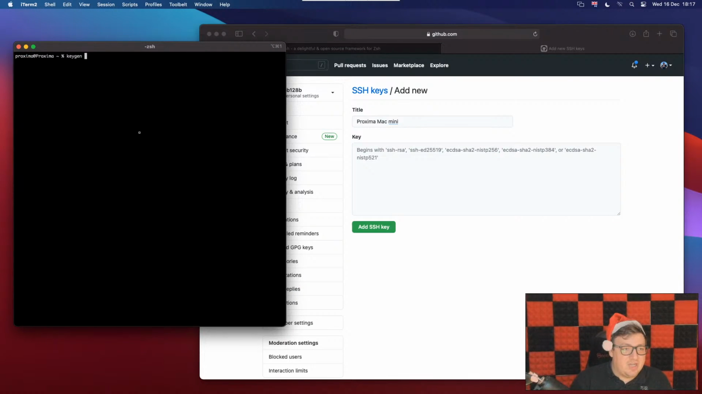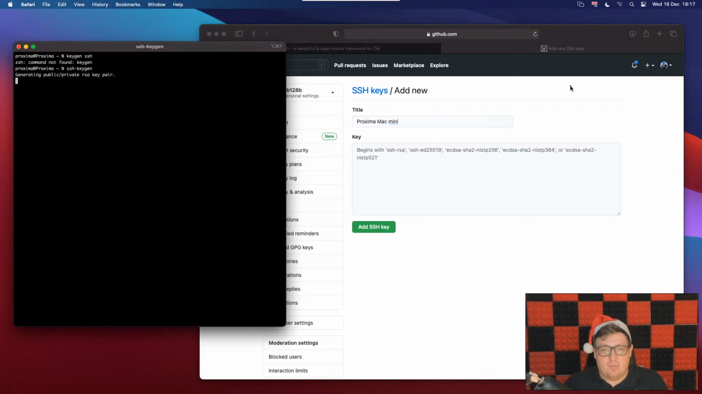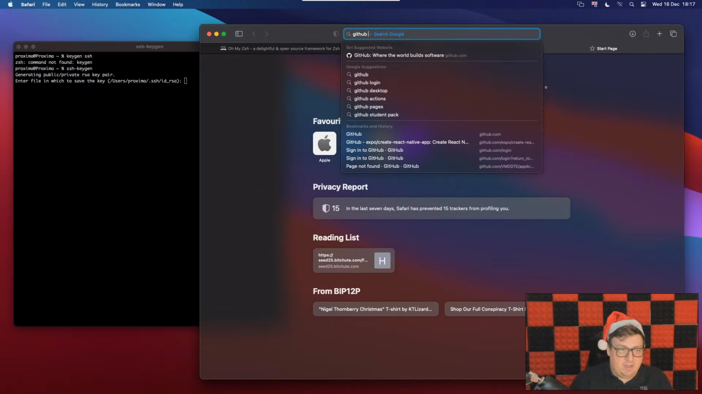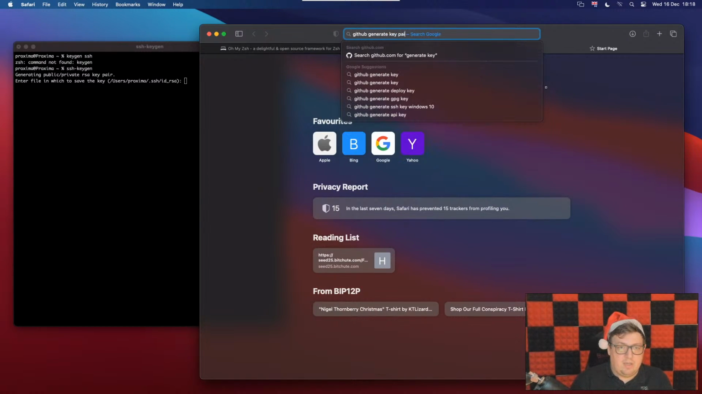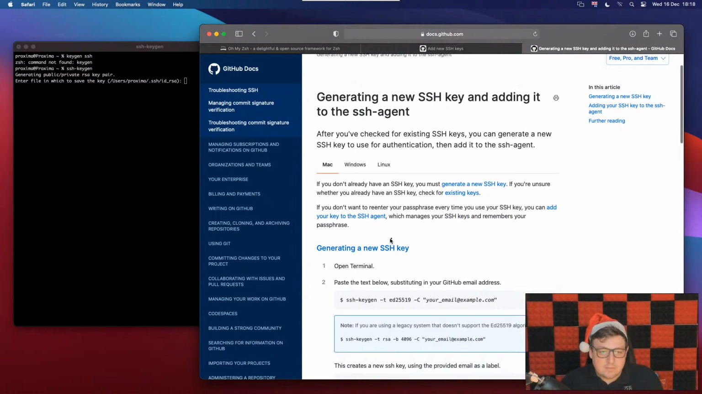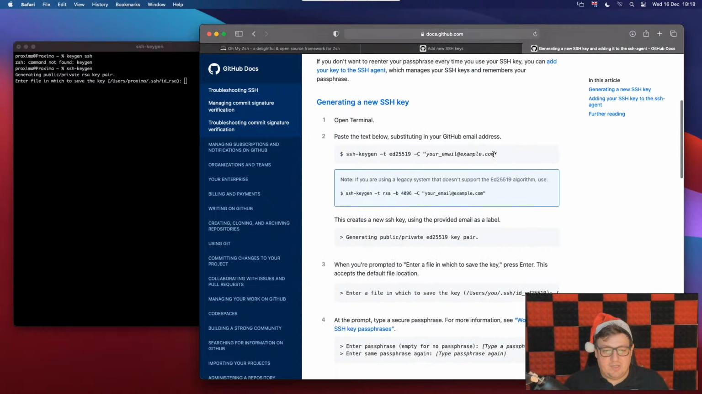I think it's ssh-keygen. Ah, there we go. Oh, but we need to do it a certain way. GitHub asks for it in a certain way. GitHub generate key pair. Yeah, there we go. So we do actually need to do it a certain way. We need to have the right amount of